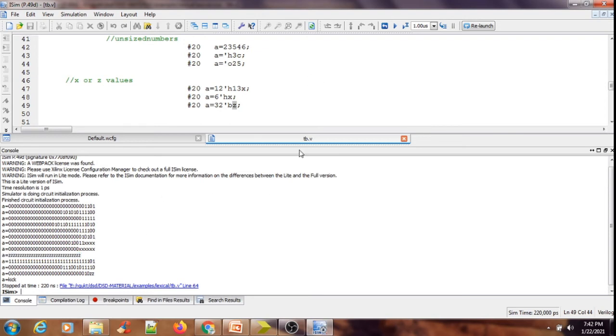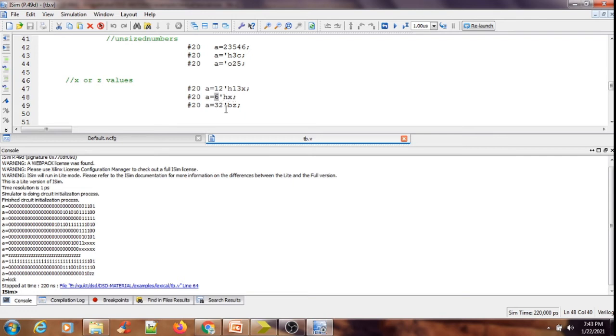You might ask me a question: sir, in A equal to 6-bit hexa x, why are the vacant MSB bits of the A register not occupied by x? I exclusively mentioned the size 6, so 6 is the quantity of x that should be present.